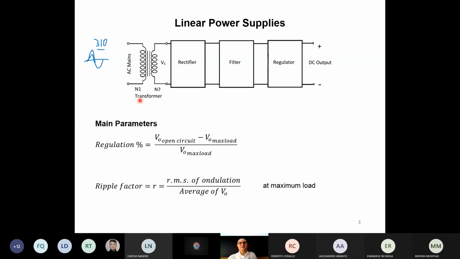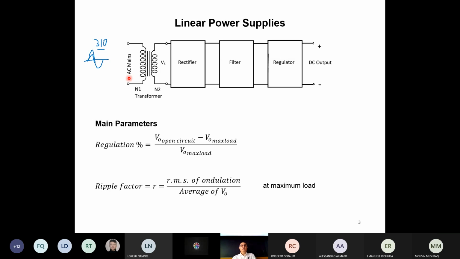Maybe you know that the output voltage will be decreased by the ratio N2 over N1. So if, for instance, we have N2, which is half of the number of turns of N1, the output voltage will be half of the input voltage. Okay? So in a transformer, the output voltage depends on the ratio between the secondary and the primary number of